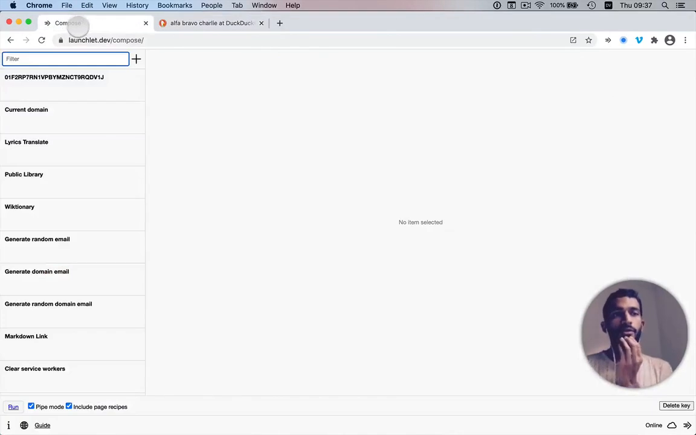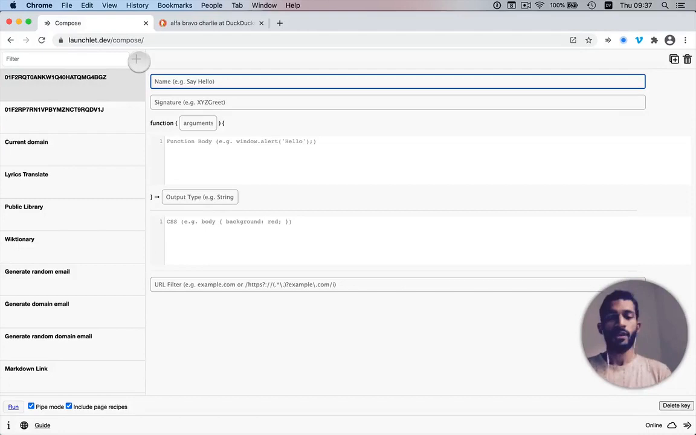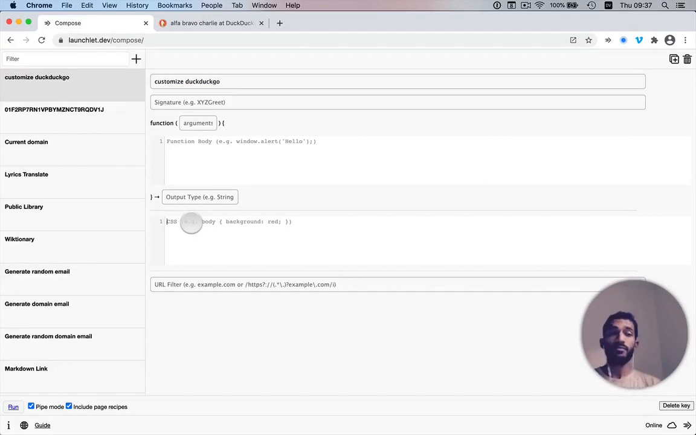So I'm going to open up the composer, and I'm going to make a new recipe, and let's call this customize DuckDuckGo. We're not going to have anything except for CSS here. So we're going to start with a dot, and then paste in the class, dot module dash dash images, and a brace. Inside the braces, we want to make it disappear, so display none is what we need. But I have a feeling that it's not going to work because, oops,